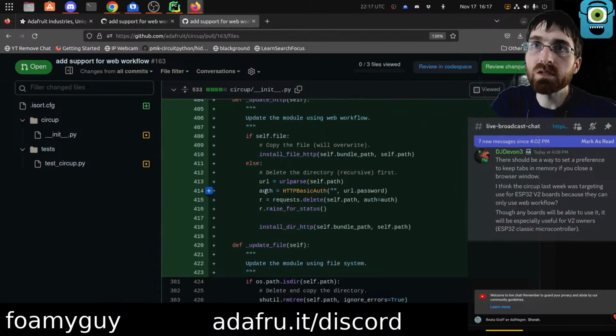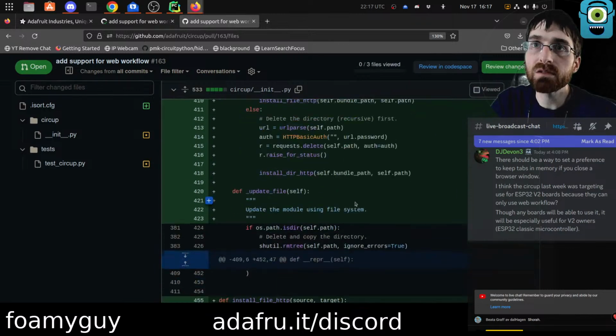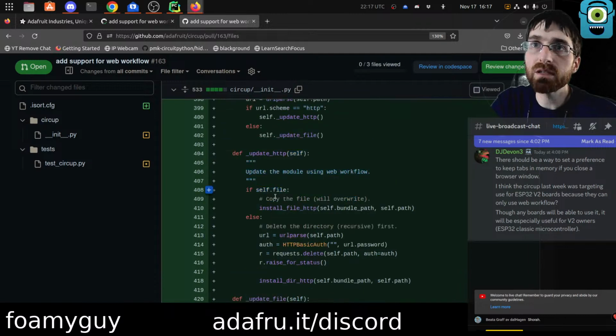Update HTTP, update the module. So this one, this file, this function is WebWorkflow specific. Update file, update the module. What does update mean, really? Like upload, like install, copy the file. So this is doing what? If self.file, install file,